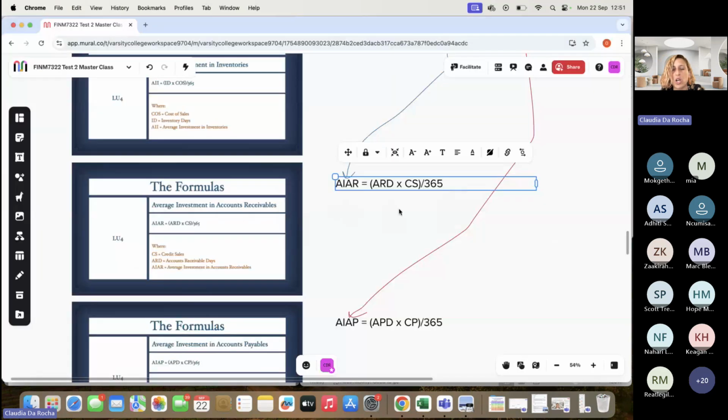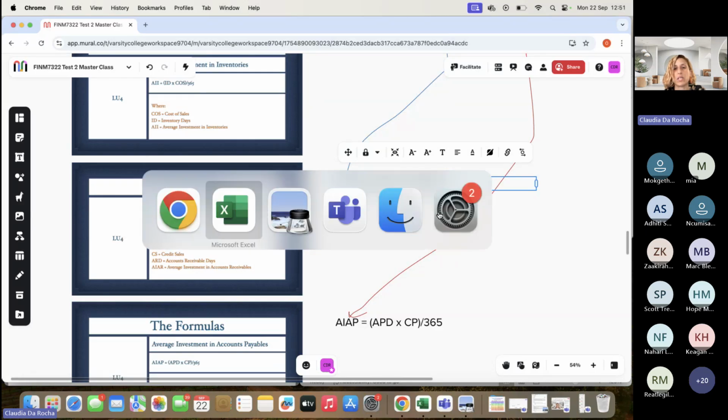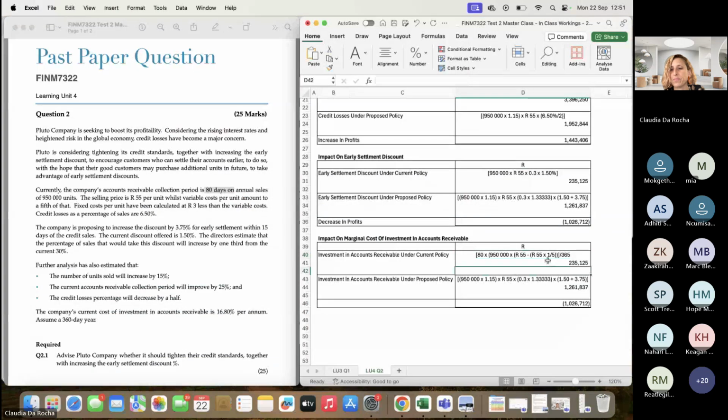Again, the formula asks average receivable days, the 80, times the credit sales. In this instance, it's the marginal cost, the variable cost portion, divided by the 365. So that's what we're doing here. If we calculate that, it'll be 80 times the 950 times